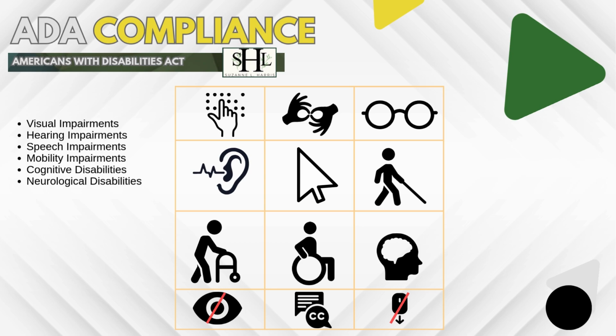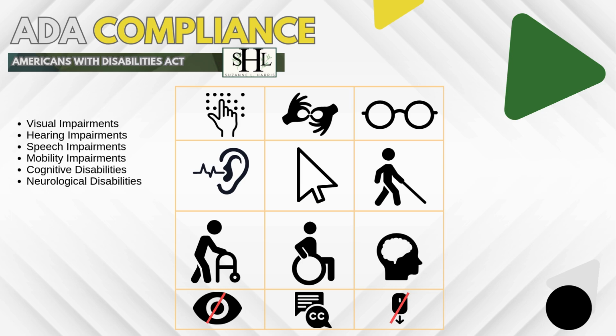ADA compliance for technology encompasses a wide variety of disabilities to ensure accessibility for all users. Here are some key types of disabilities and examples of how technology can be made accessible. Visual impairments, including blindness, where they need to use screen readers or braille displays, low vision, where large print or high contrast themes and screen magnifiers, hearing impairments, including those who are deaf, which may require closed captioning for videos, sign language interpreters, and visual alerts, individuals who are hard of hearing, assistive listening devices, and real-time text or